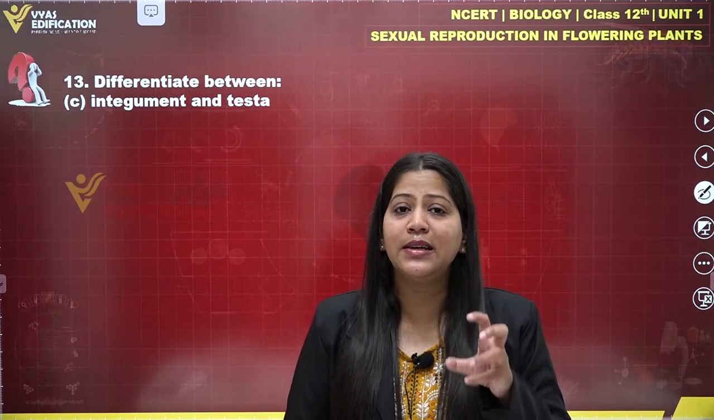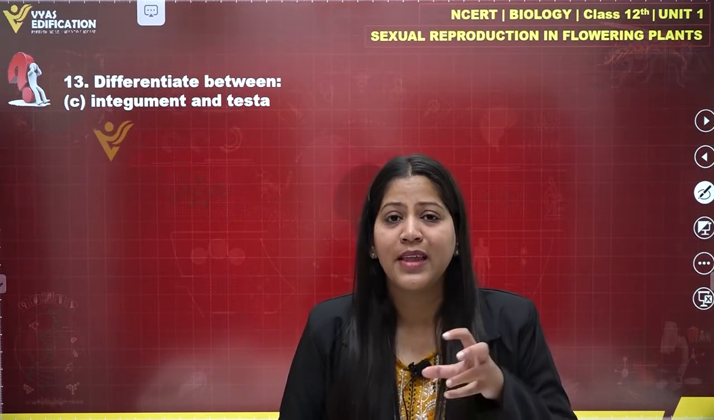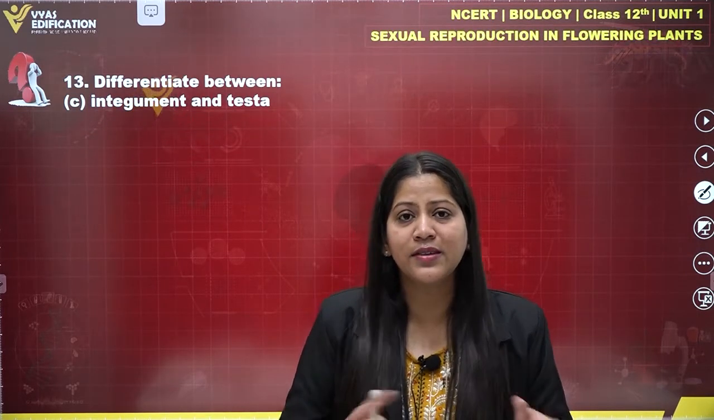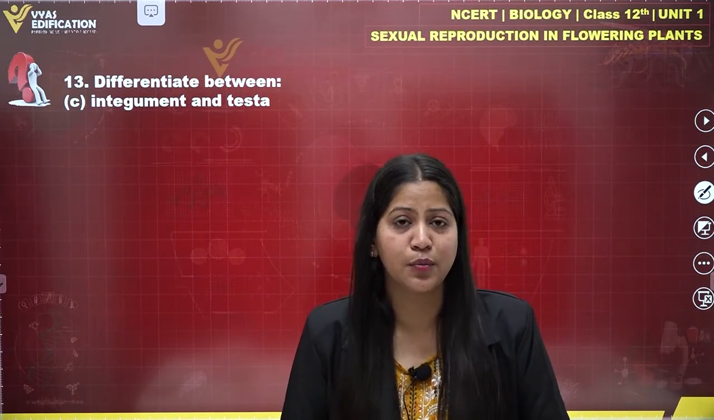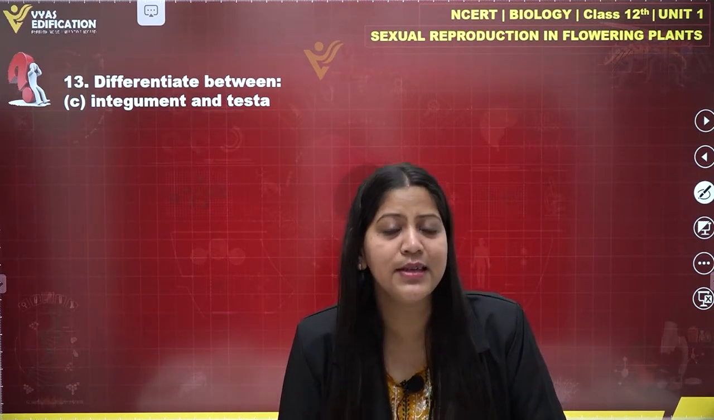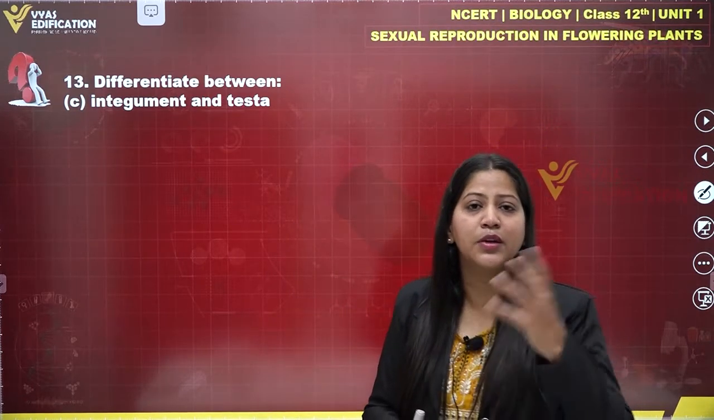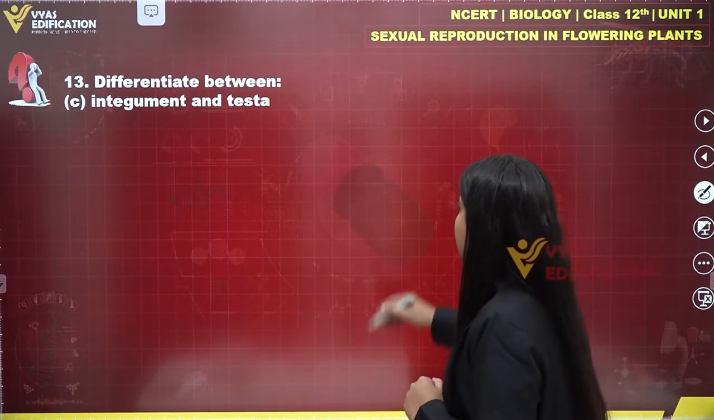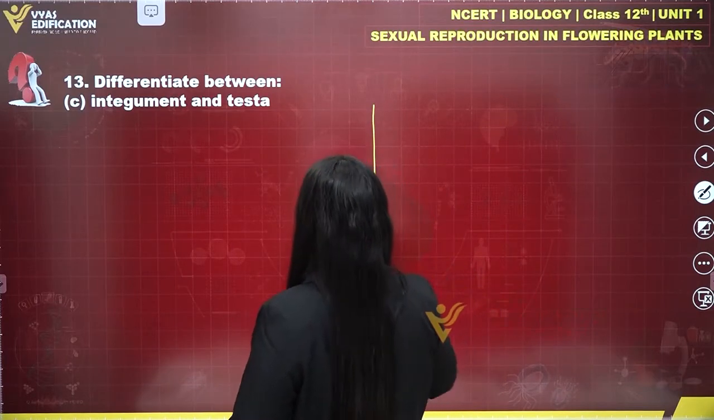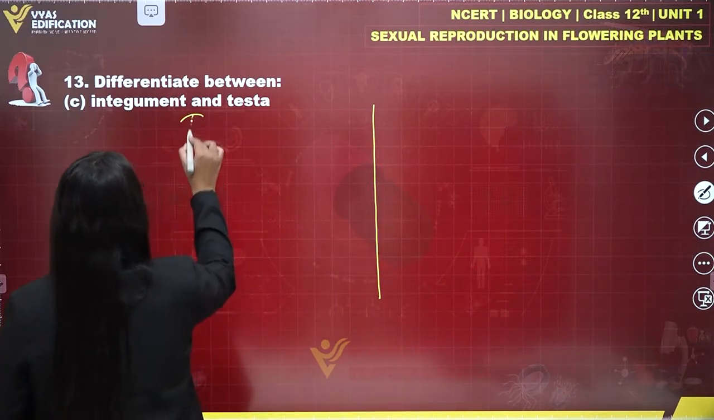What happens with the integuments of an ovule? The integuments of an ovule convert into the protective coverings of the seed, that is testa. These integuments are going to convert into testa only. Alright, so the difference between testa and integument is, first we are going to talk about